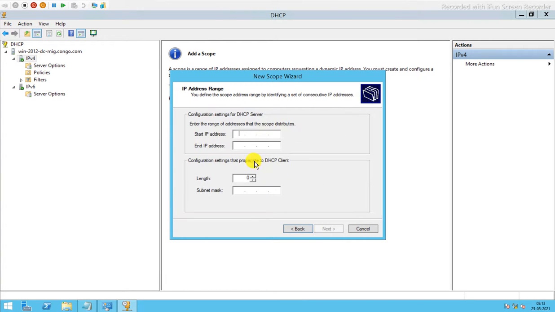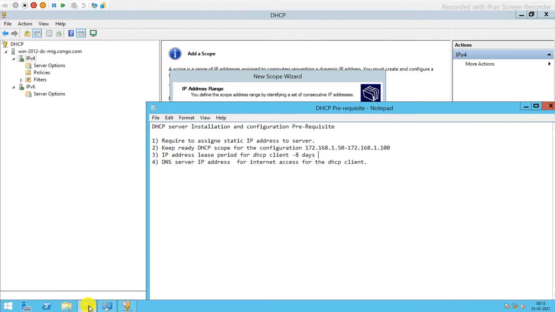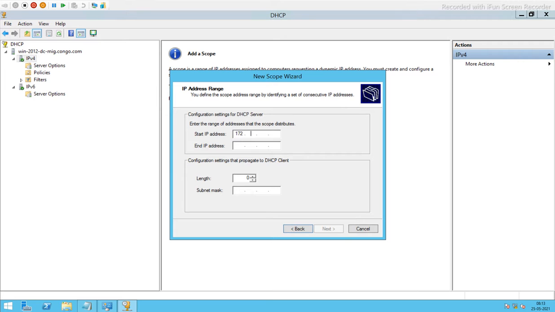Click on next. Starting DHCP server IP address 172.168.1.50 and the last 172.168.1.100. Configuration settings propagated to DHCP clients: length 16, subnet mask.